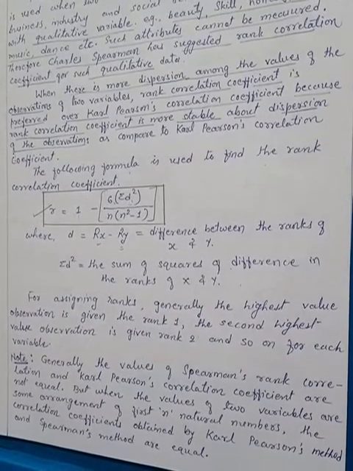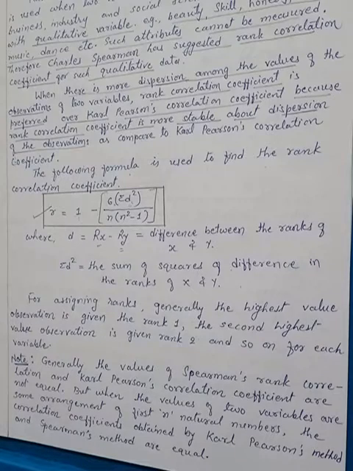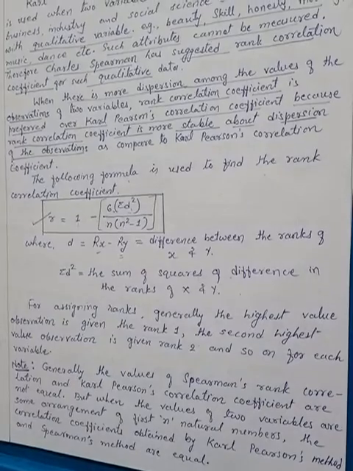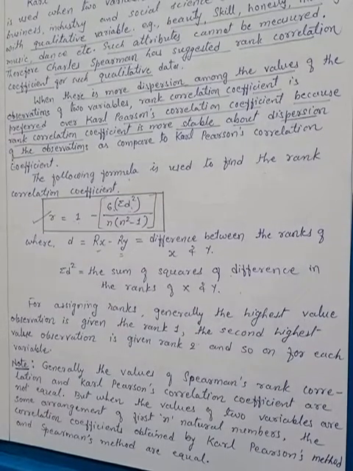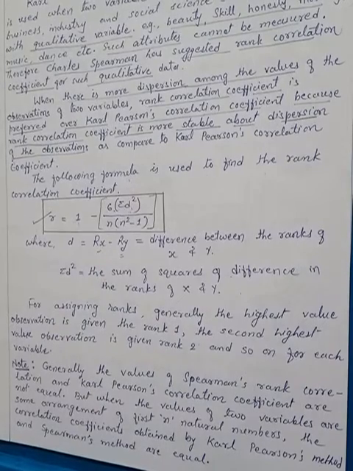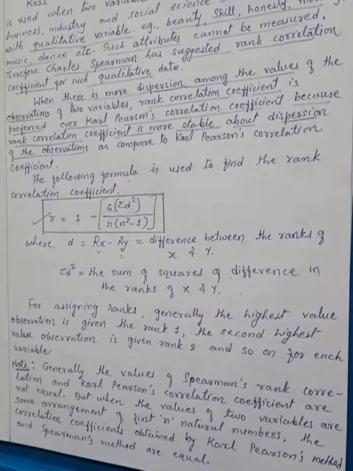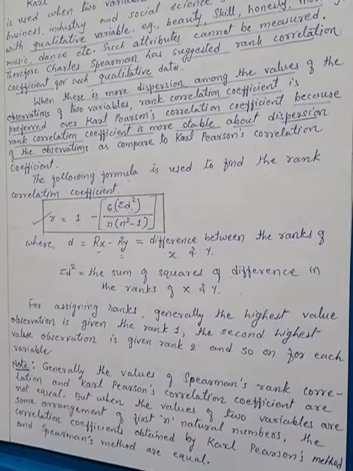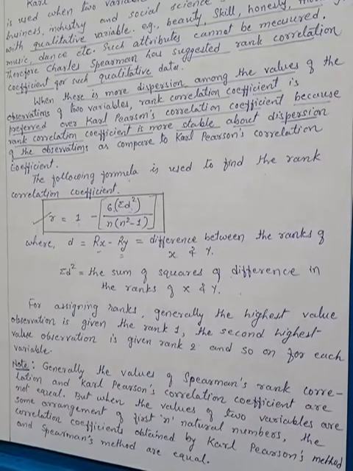Similarly in variable y also ranks are assigned, but we have to take the ranks of variable y separately. Rx first for the ranks of variable x, now ry in the next column for the ranks of variable y. In that also you have to follow the same step: first assign rank 1 to the highest observation in variable y, then rank 2 to the second highest observation in variable y. Likewise we go in order, one by one. That is how we can assign the ranks to the observations.